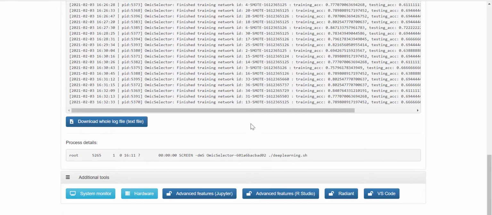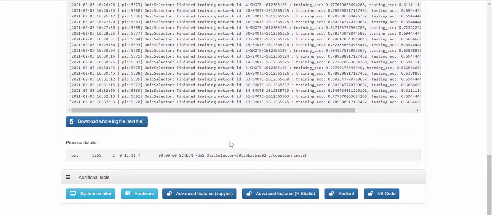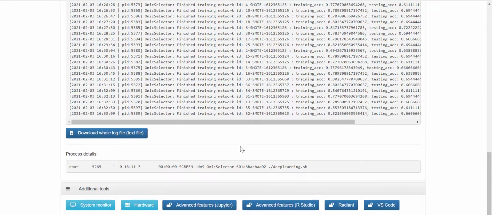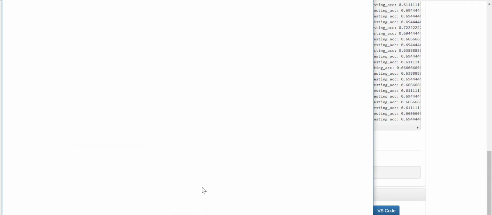Deep neural networks are being trained now. We can see the finishing of networks, but it will take a significant amount of time. So let's talk about the additional tools. First of all, those tools are not available in the public implementation because it would create serious security issues. However, they are the most powerful IDEs, so they can really be helpful in development of new analysis and in customizing your analysis. So first of all, Jupyter